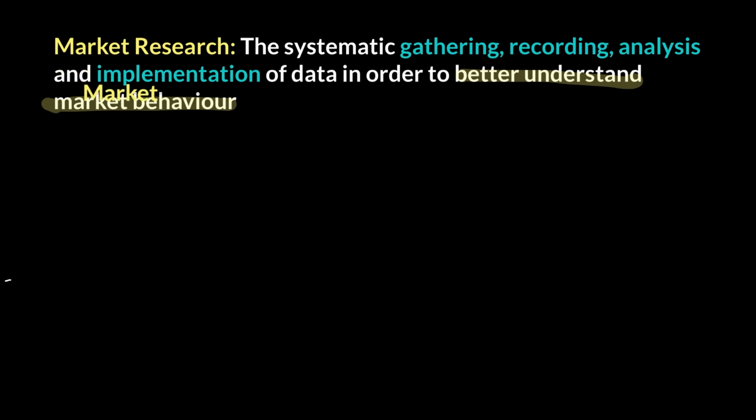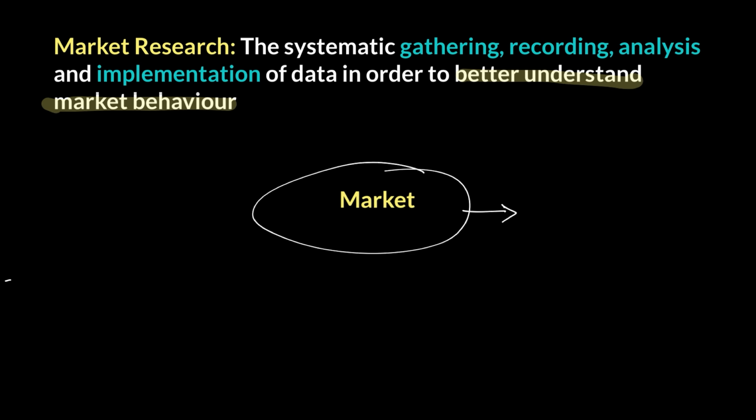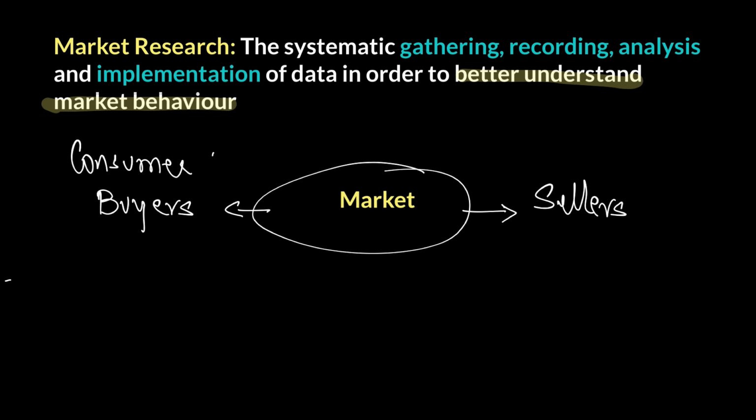So I just want to discuss that here just a little bit more. Now you will remember that when we had our discussion on market, we know that market is comprised of 2 sides. They are your buyers, which we know are your consumers, and it also has your sellers, which are businesses. Now, when you're conducting market research, obviously from the buyer's perspective, you're trying to get an insight into what it is that the consumers want, and exactly that's what you've established so far.